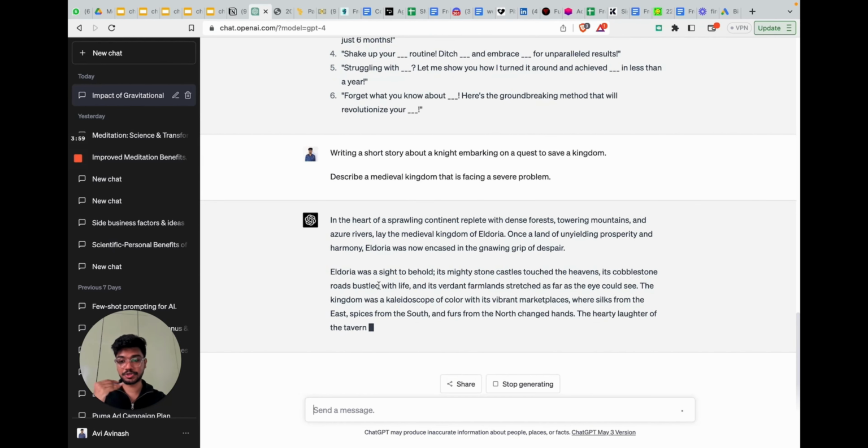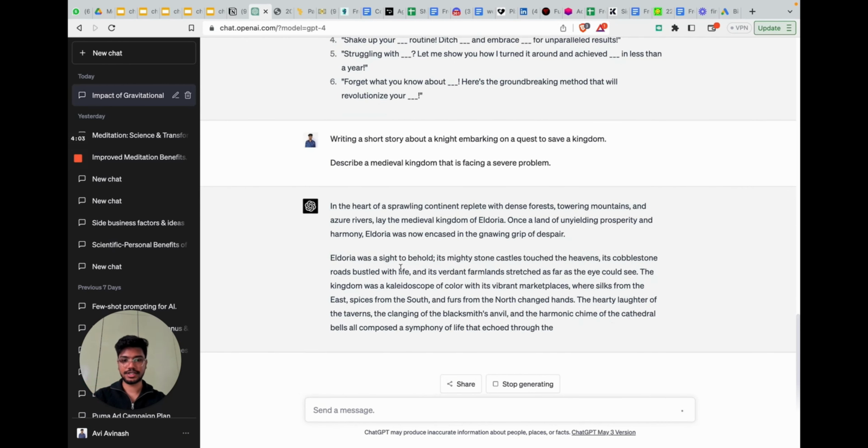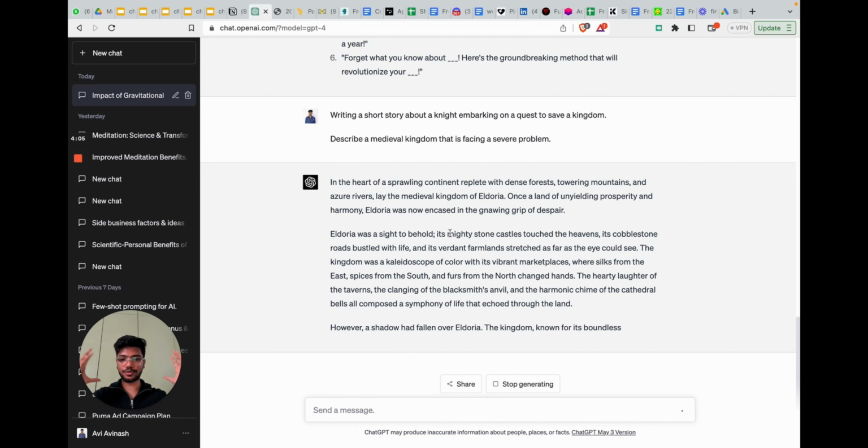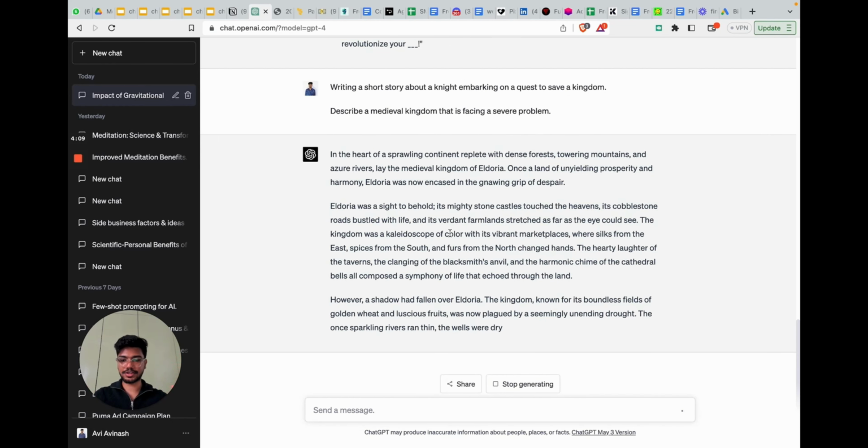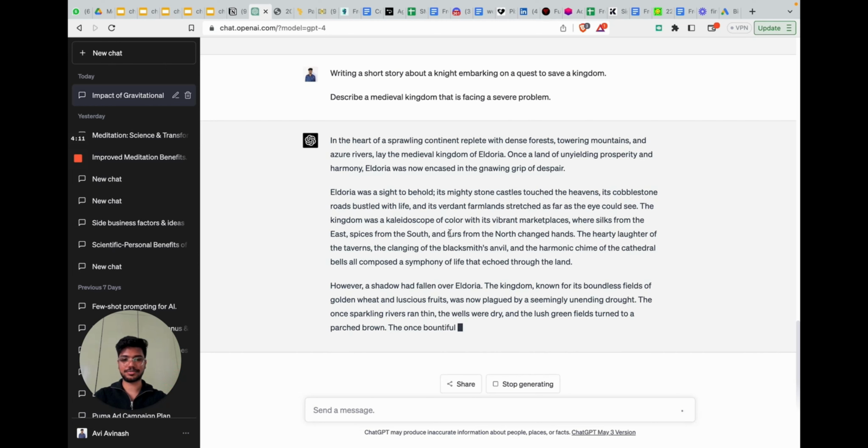It's writing the story as a professional does. Very impressive. The way it's describing the whole kingdom and the situation around the kingdom is top notch in my opinion.